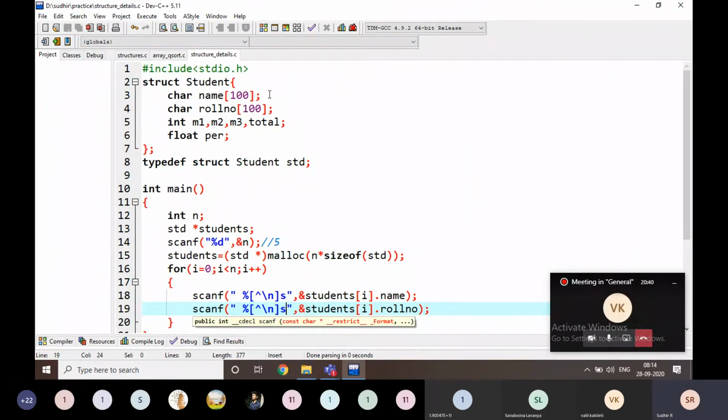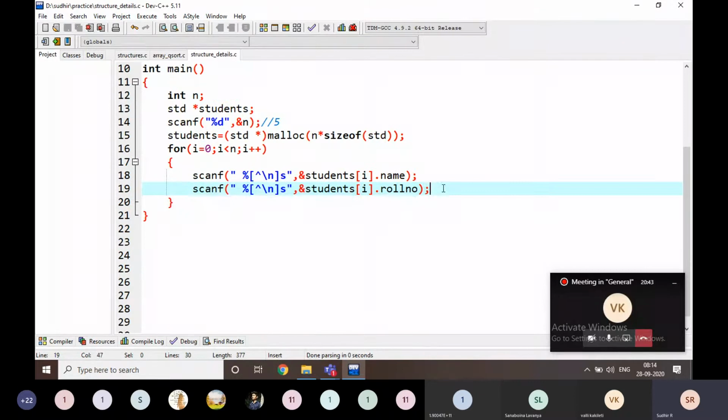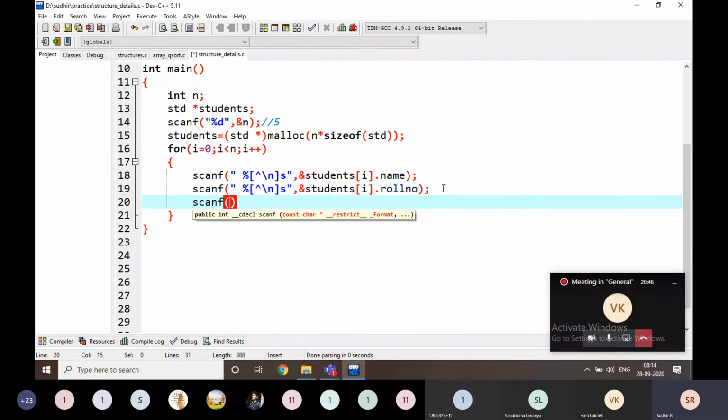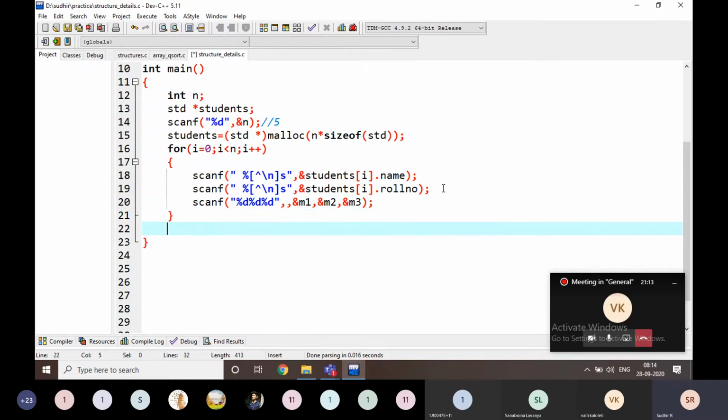I am going to read the name and roll number, and then I am going to read here percentage d, comma, how many values are there? 3 percentage d's, comma, ampersand m1, comma, ampersand m2, comma, ampersand m3. We are going to read the data like this, simply.